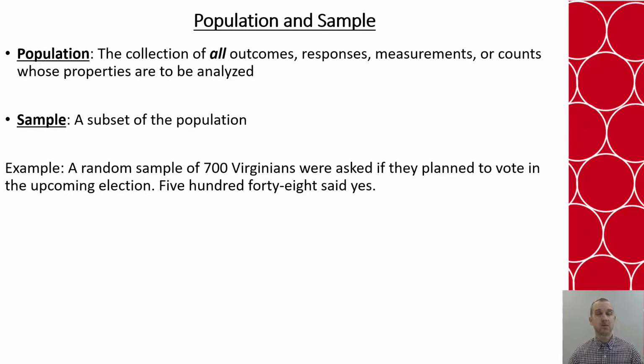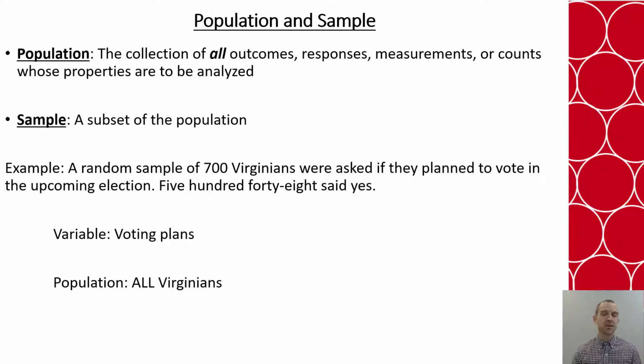Let's look at another example. Say we have a random sample of 700 Virginians who are asked if they plan to vote in the upcoming election. 548 said yes. So the variable that's being explored here is voting habits and voting plans. Now the population would be all the people that live in Virginia. However, that would be virtually impossible to try to actually sample and survey. So instead, a sample is performed of 700 Virginians, so that by using those 700 Virginians, we can get a better idea of what the population may be considering